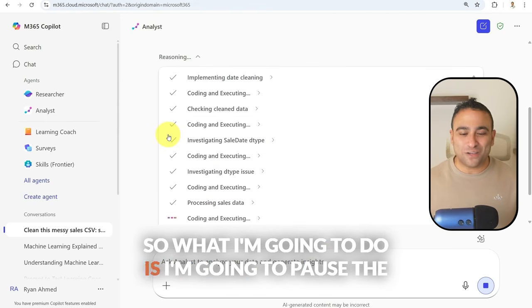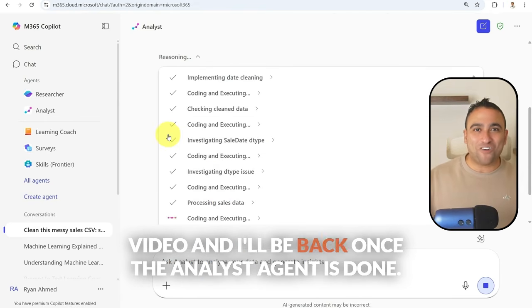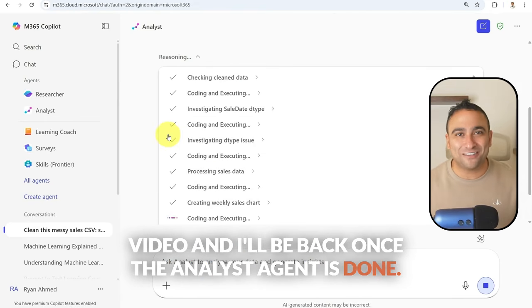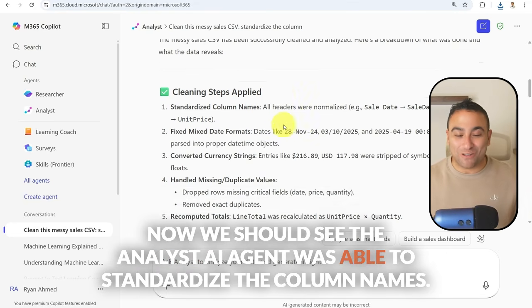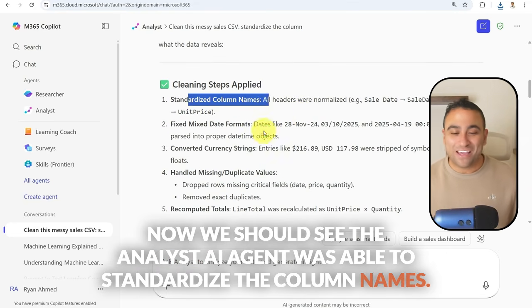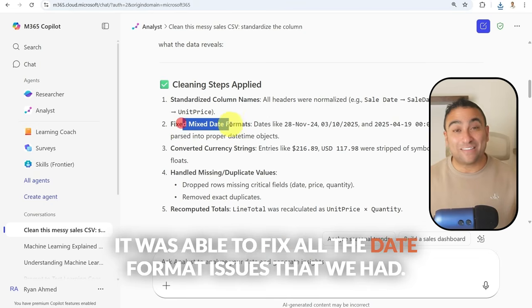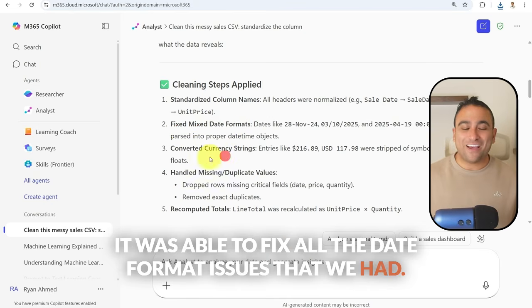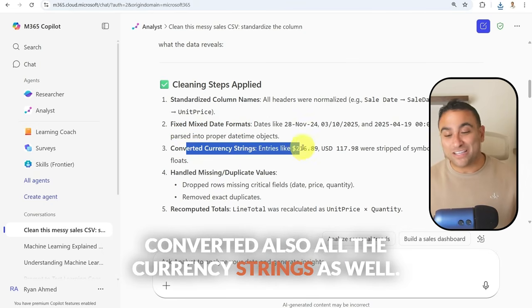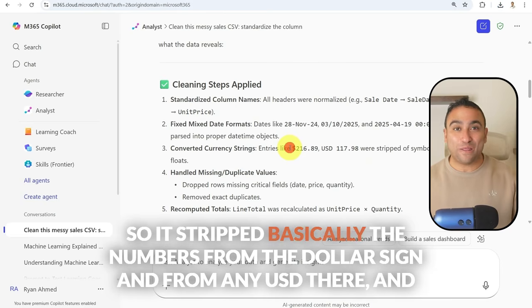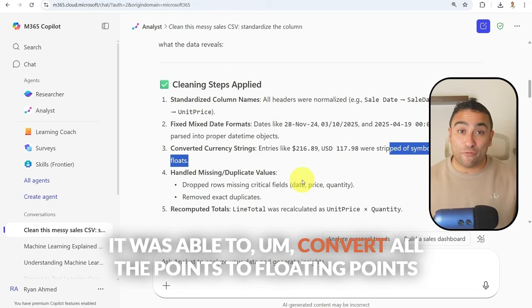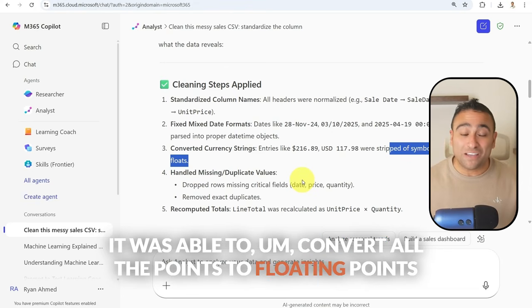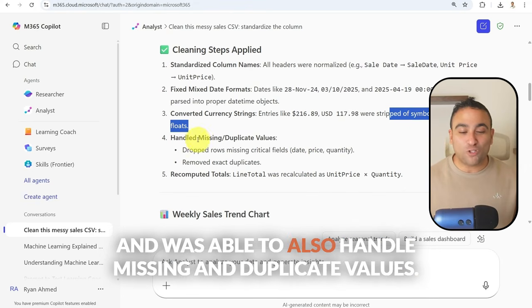So what I'm going to do is pause the video and I'll be back once the Analyst Agent is done. All right, so here we go. Now we should see the Analyst AI Agent was able to standardize the column names. It was able to fix all the date format issues that we had, converted also all the currency strings as well. So it stripped basically the numbers from the dollar sign and from any USD there. And it was able to convert all the points to floating points, and was able to also handle missing and